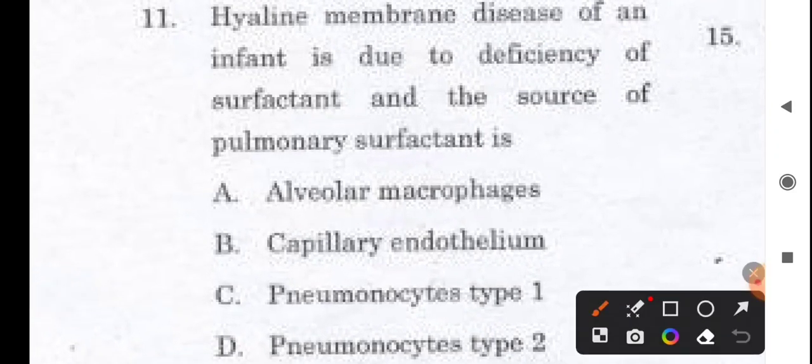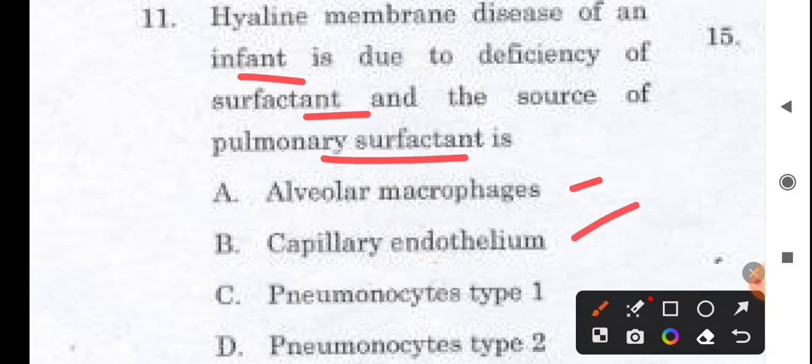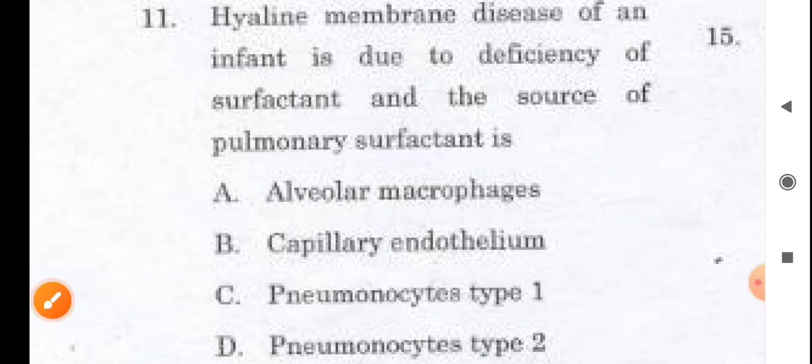Hyaline membrane disease of an infant is due to deficiency of surfactant, and the source of pulmonary surfactant is. Options: alveolar macrophages, capillary endothelium, pneumocytes type 2, pneumocytes type 1. So next,